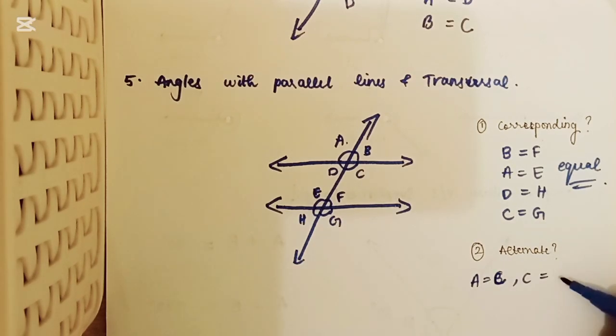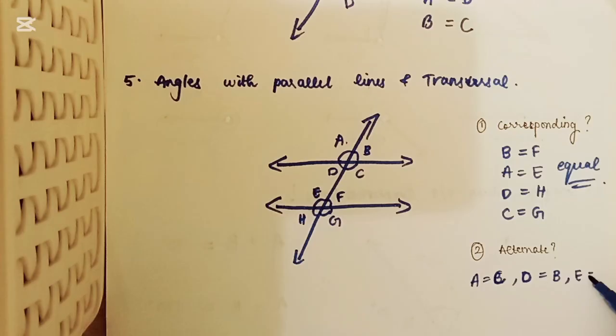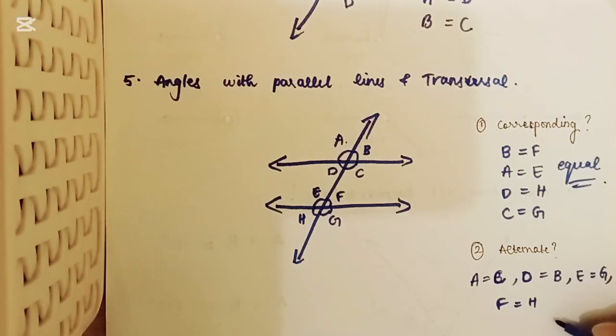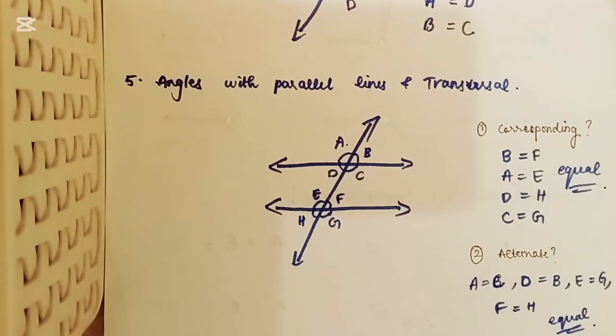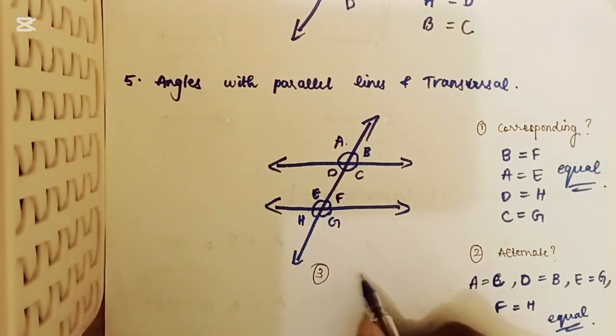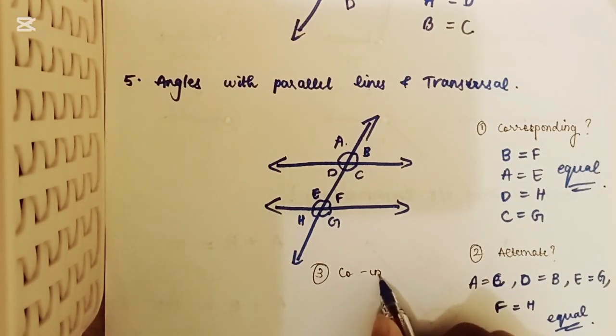C is equal to A. D is equal to B, and then E is equal to G, as well as F is equal to H. All alternate angles are also equal. So corresponding angles are equal, alternate angles are equal. The third type of angles are